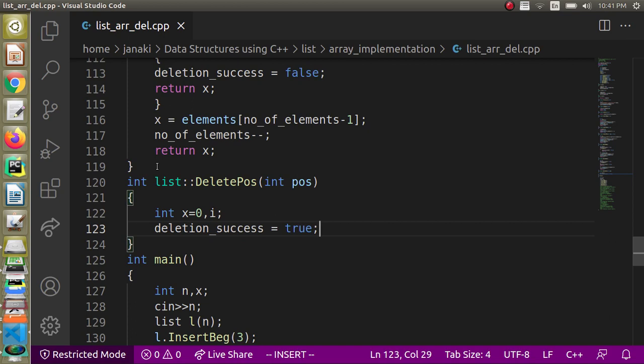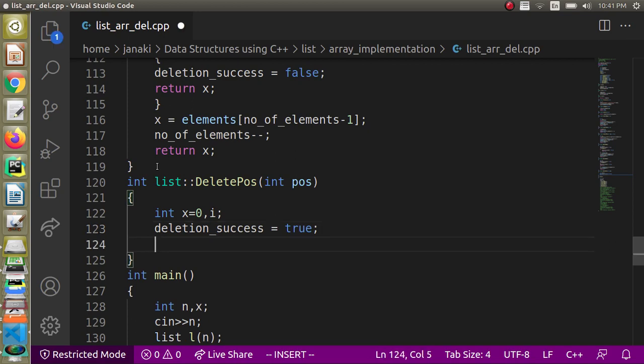So whenever we have global variables, let us set it to a base value and then change it if the condition is not satisfied. In every delete function, this deletion success variable is declared for the purpose of deletion. So in all the delete operations, we have to initialize that to true at the beginning of the code, and then we have to check.